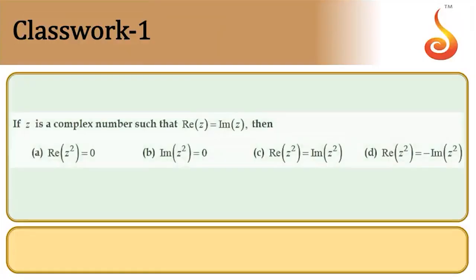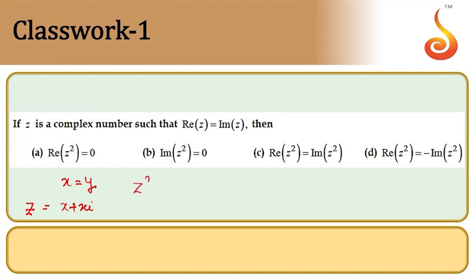So we'll start the problems. z is a complex number, where the real part of z is equal to the imaginary part of z. So clearly the real part of z is x, as x is equal to y is given to you. It means x plus xi is the complex number given.